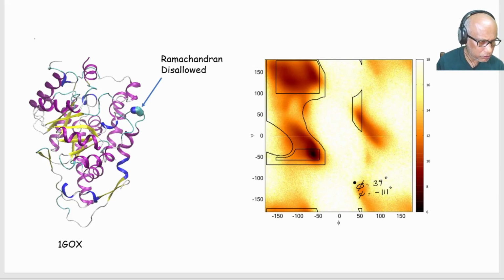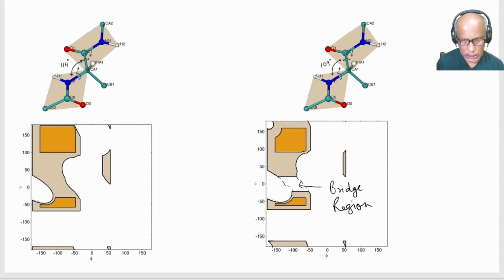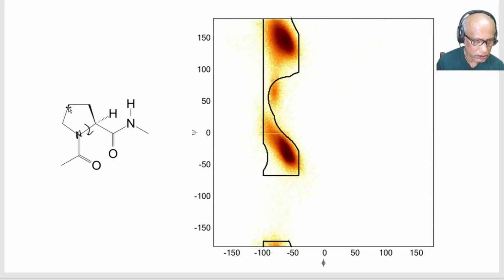So that is the story of strains. So we see that a little bit of change in geometry of the peptide can cause some changes in the Ramachandran map. Now there is one amino acid which has a very weird geometry. Of course, one of them is glycine, which lacks the C beta atom, and there is also another amino acid, namely proline, which has a very strange geometry because it is a circular, the cyclopentane or pyrrolidine actually,